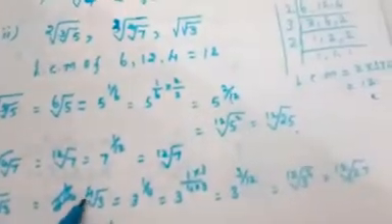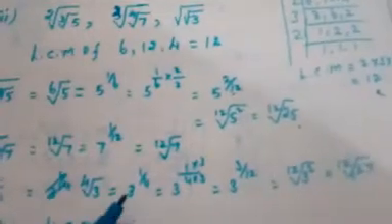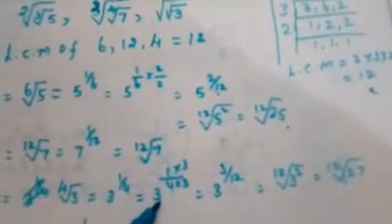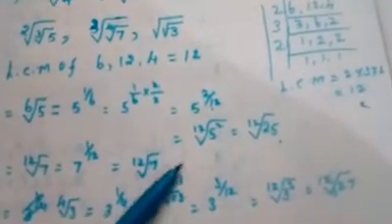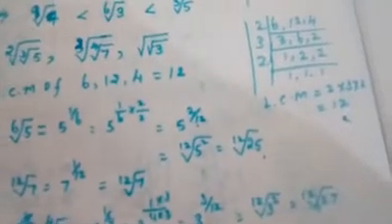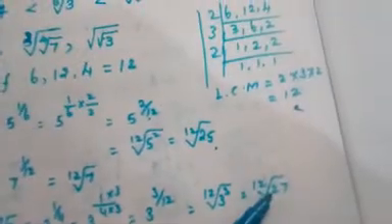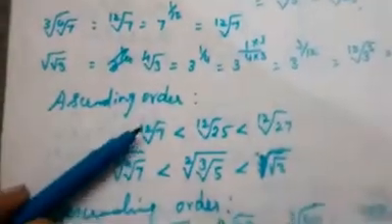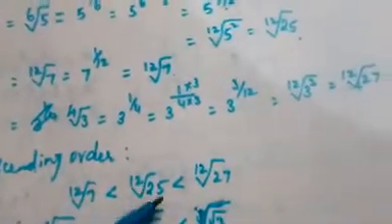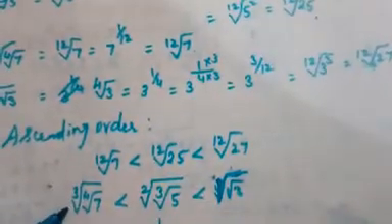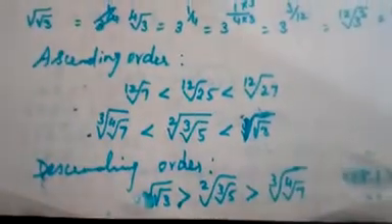Next, square root of root 3. So that is 4th root of 3. This is written as 3 power 1 by 4. The denominator we make as 12, so both numerator and denominator multiplied by 3. 1 times 3 is 3, 4 times 3 is 12. So this is written as 12th root of 3 cube. 3 cube value is 27. So you have to arrange in ascending order: 12th root of 7 is less than 12th root of 25 is less than 12th root of 27. Write their related values. Then the same way, the descending order.